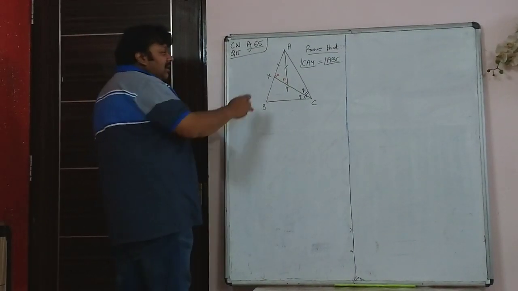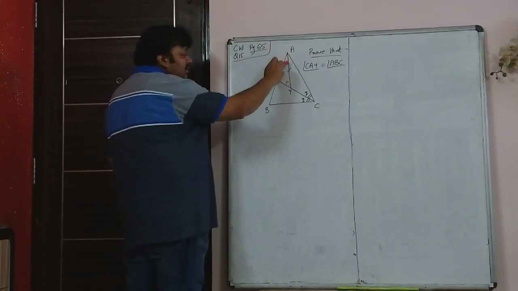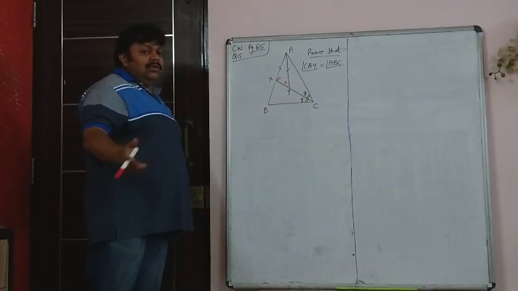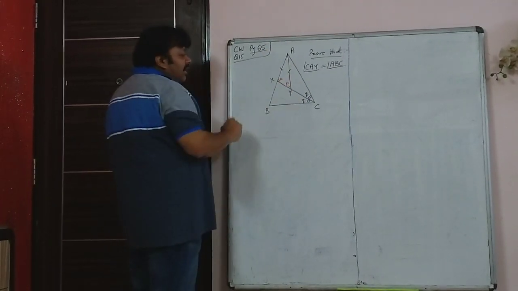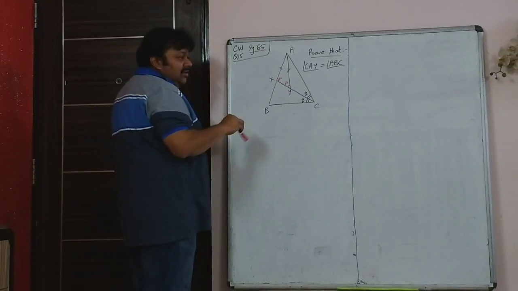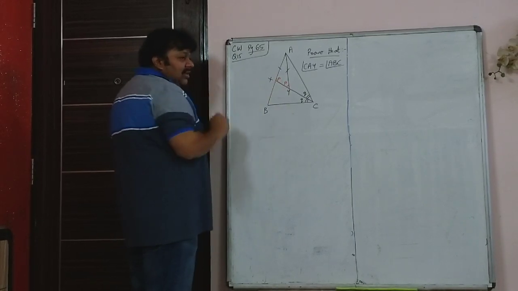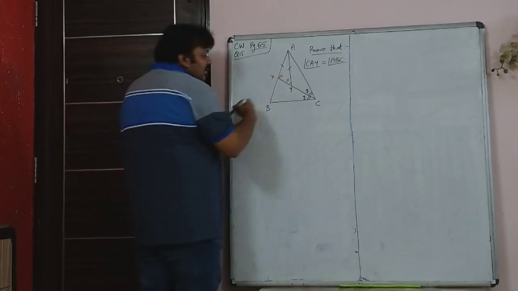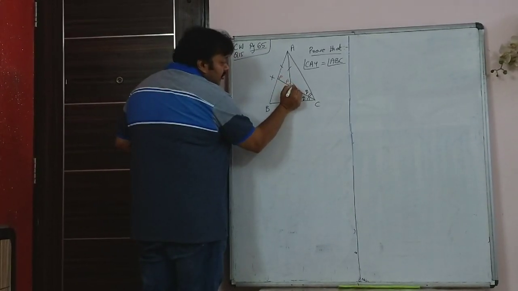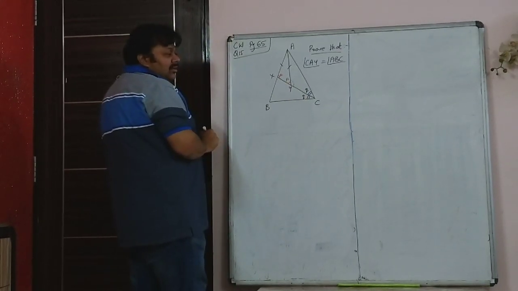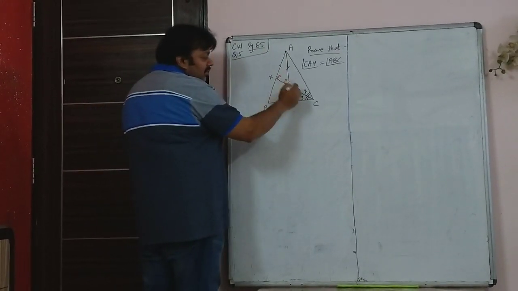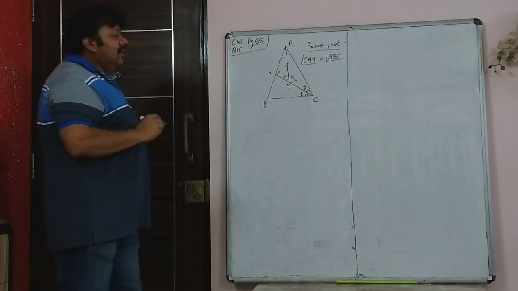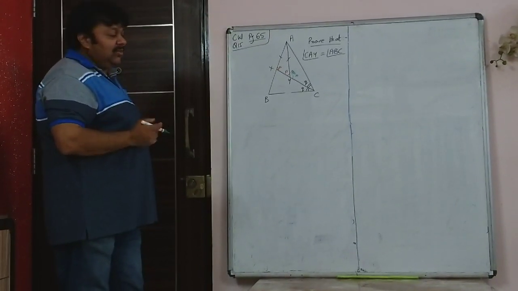Then you are also given that point Y is such that AX is equal to AY. So if AX is equal to AY, that is also given in the question. So those base angles AXY and AYX, they are both equal. So both of them are P. So now if you consider this angle, how much will be this angle? Obviously this is a linear pair, so this will be 180 minus P. So angle AYC will be 180 minus P.